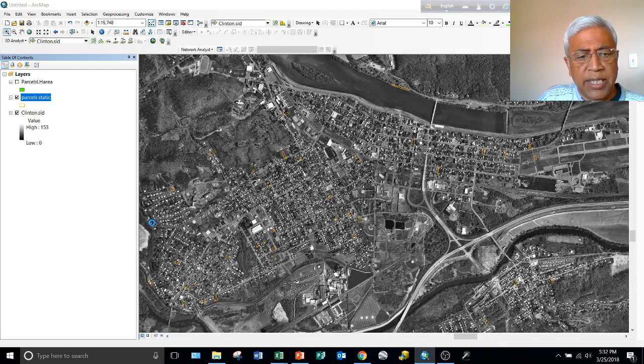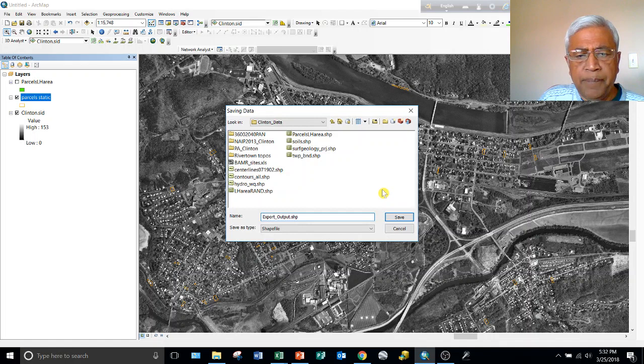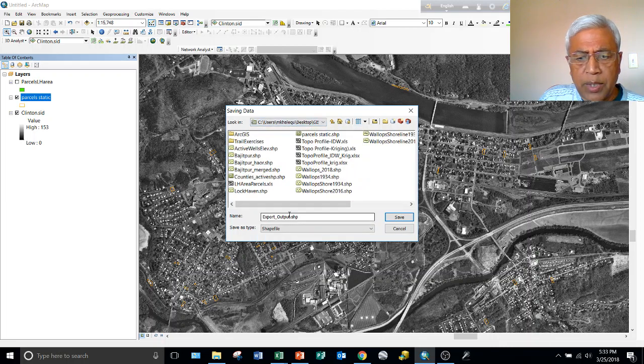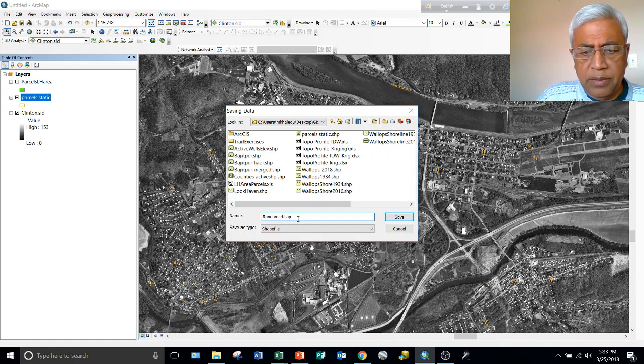So I'm going to export this data, and I am going to give it a name, wherever you want to save it. For example, this is completely up to you. So I am going to call this random Lock Haven. We can even say 128 random, and it's a shapefile, as you can see. And I save it,